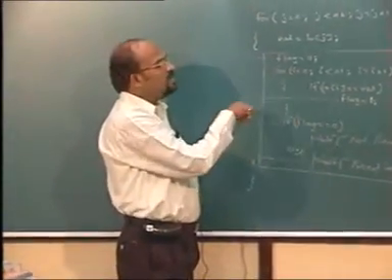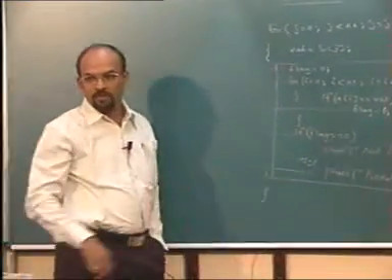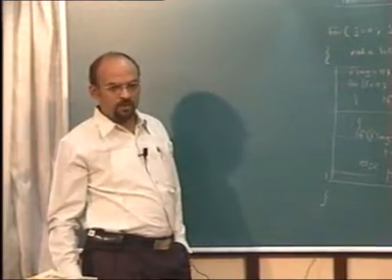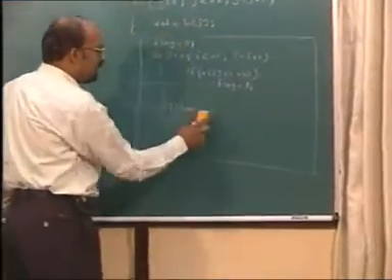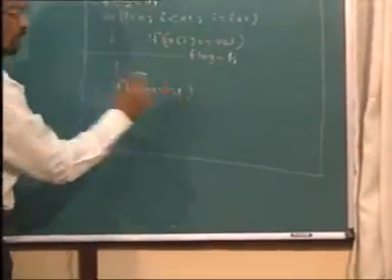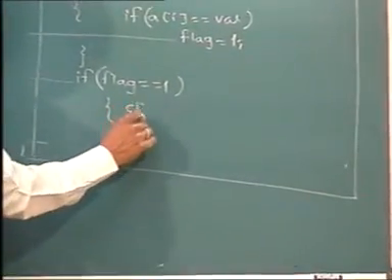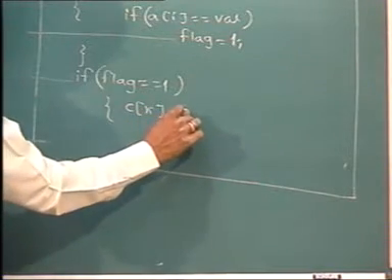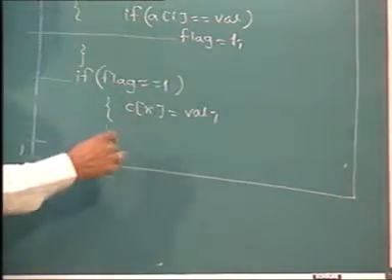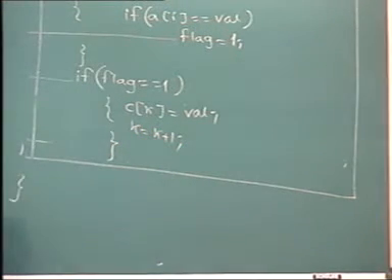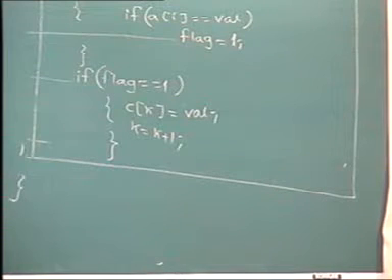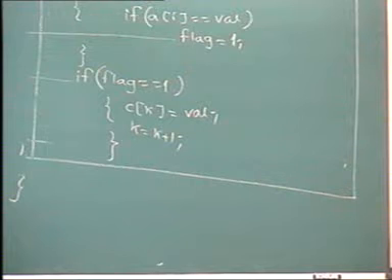Okay? On present, what did you want to do? You wanted to copy it. Copy it to C. Okay? On present. So instead of writing it this way, I will say that if flag has become 1, then copy it to C. Equal to val also will work because it is the same value. So if you have missed out the intersection in the first part, this will be the way.